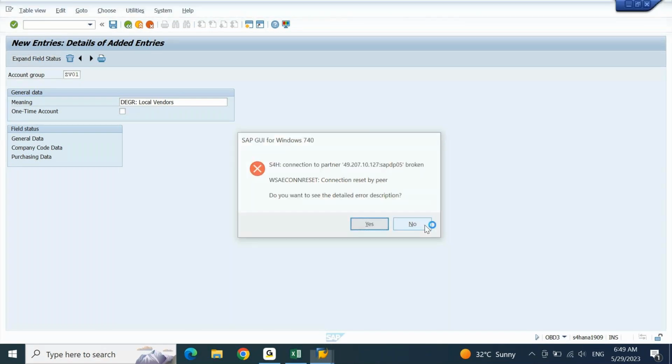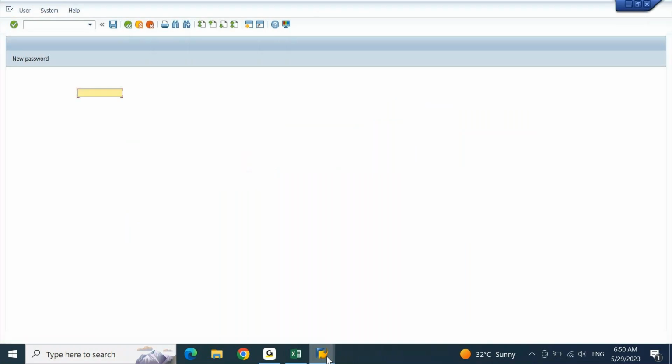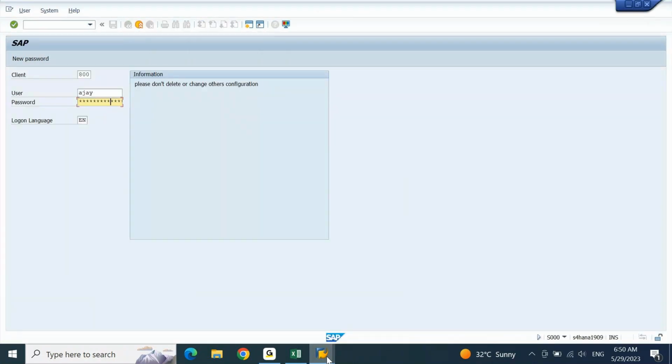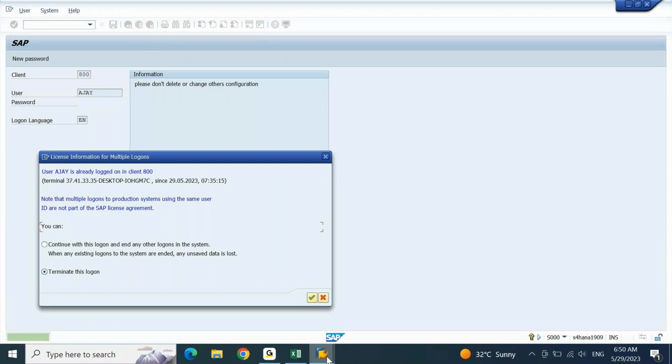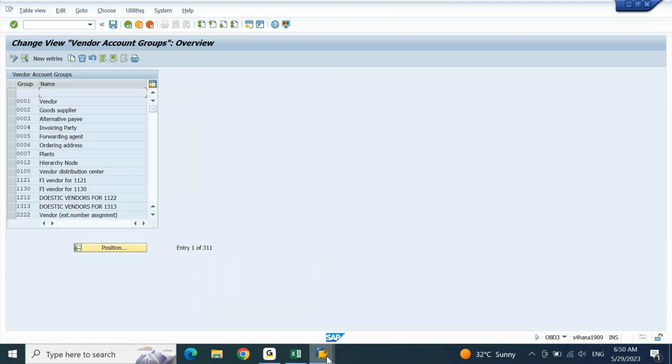Okay, let me re-log in. OBD3 is the T code for vendors. Add a new entry,